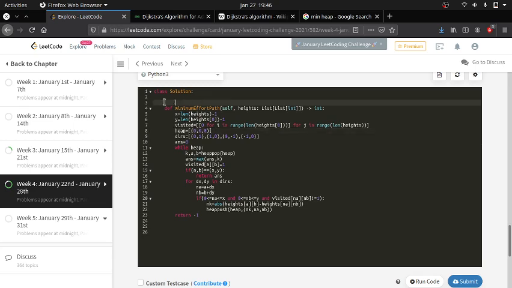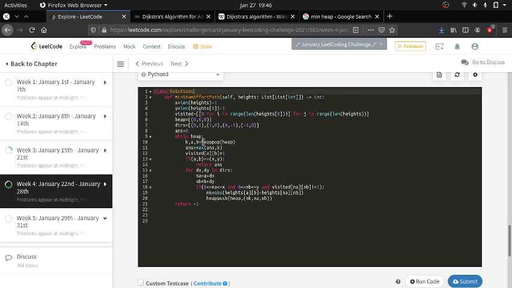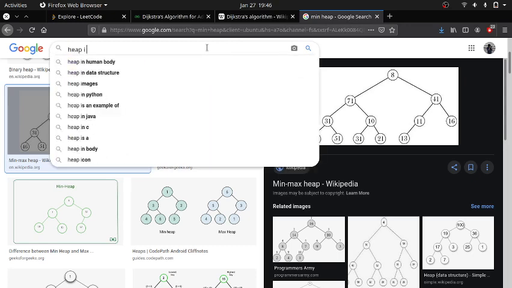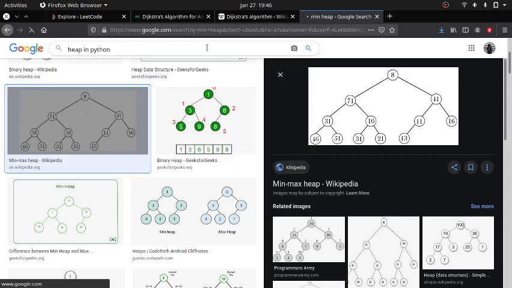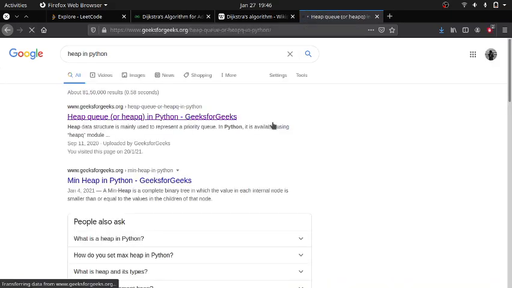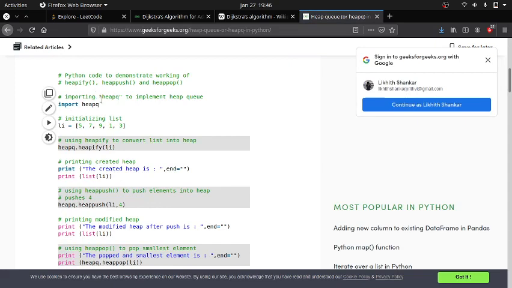So in Python we will be applying heap using heap pop. There are certain functions with which we can implement heap in Python. Let me show you that also. Okay, heap queue. After we import heapq, we heapify to adjust the heap.